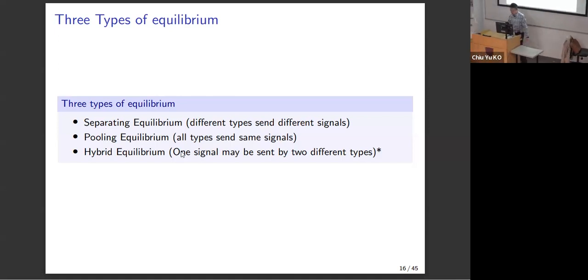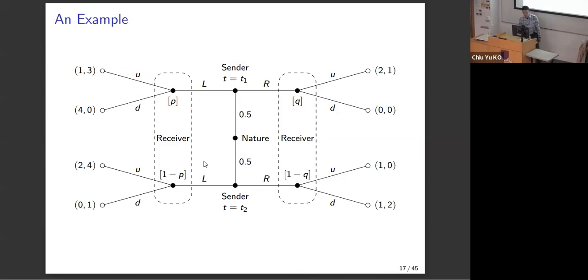But you will see. Okay. So let's see this example. This example is very simple. First, let's see this setup. The setup is like this. Nature would have equally likely that the sender is type 1 or type 2. Is that clear? That's a belief. So that is the nature. And the setup would be,